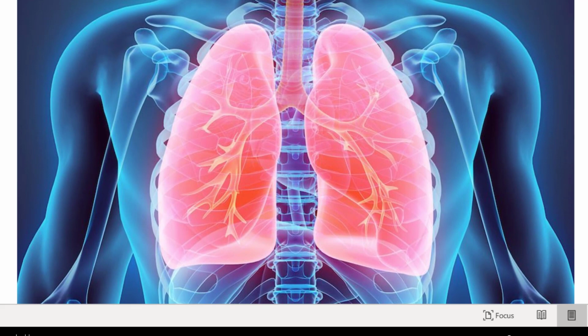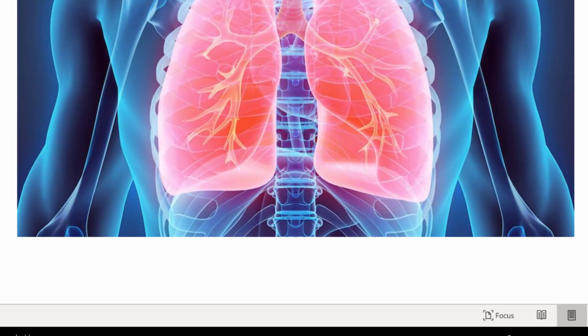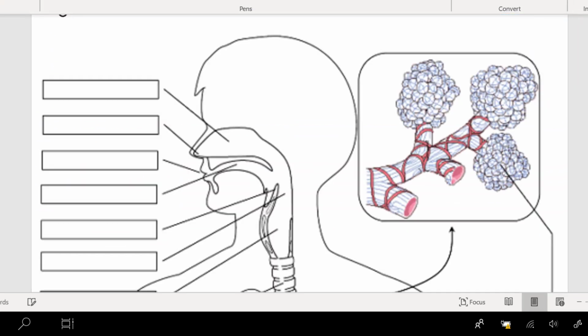We're going to first start with just naming the different structures within our respiratory system and as air flows through it. So you can see here we've got our nose to start, and then this leads us into our nasal cavity. And then air can also come in through our mouth. And inside our mouth, this is called our oral cavity. And then air is going to pass through all this, and it goes to this little structure right here,